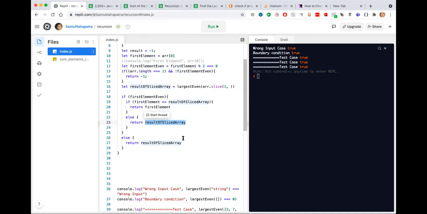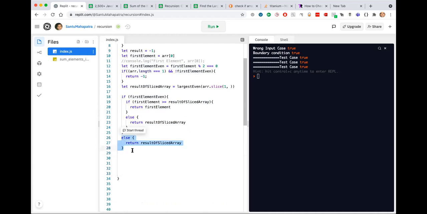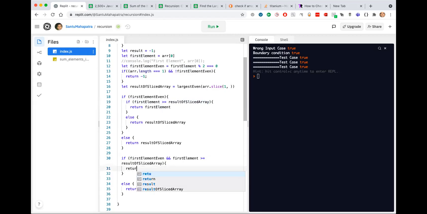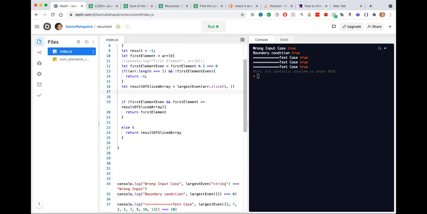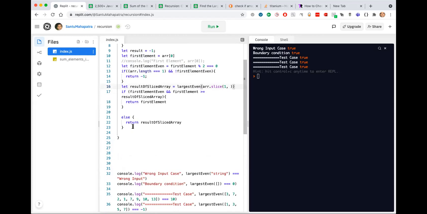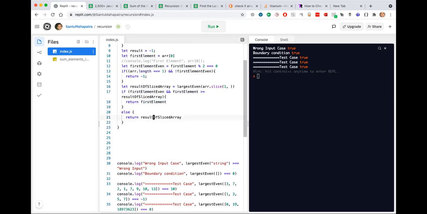Is there a way to shorten it? If the first element is even and the first element is greater, then return first element, or else in all other cases, call the recursion.